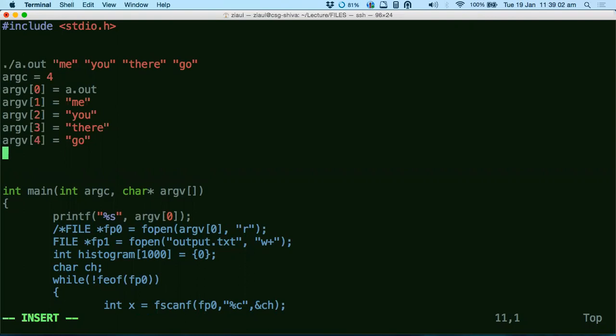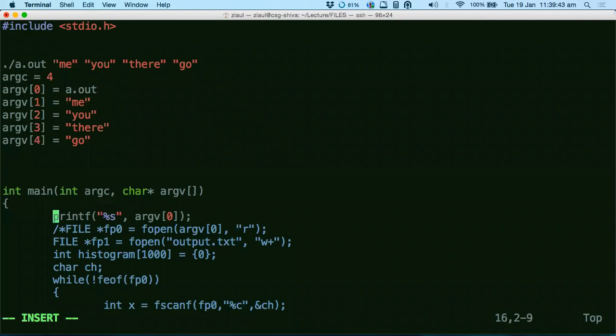So I think argc will be 5. Yeah, I don't know. It should not be 5 actually, because it does not count this thing as a parameter, right? It's just the name. So I think it should be still 4, not 5. I mean, the name is stored in argv. I don't know why it's stored, but it's stored. But then the storage starts from 1 actually, not 0, because the 0 position in argv is reserved for storing the name of the executable. Okay, if you have checked it, then it's fine. I think it's 5 then. That's fine. 5 is because it is also storing the name of the executable inside argv. That's why it's 5. But the actual parameters are 4, not 5.